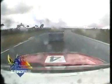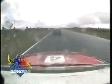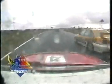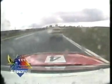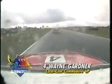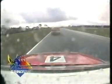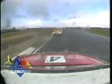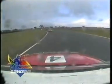Looks like Jimmy Richards has also taken John Bowe, as Wayne Gardner, showing our Triple M race cam, has a scrap there with Wayne Gardner, and also going through looks like Tony Longhurst in the Benson and Hedges Commodore. Tony qualified seventh yesterday, one of his best finishes in the championship so far, and up here giving people something to think about this afternoon. Ooh, slippery rain again. The interesting thing is that